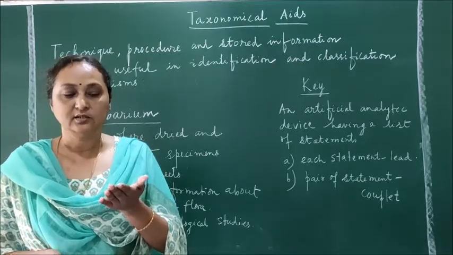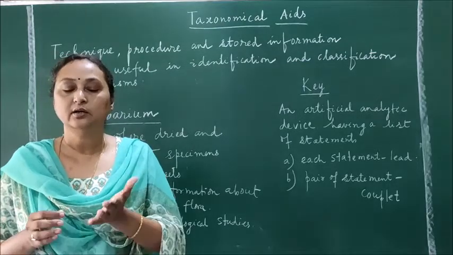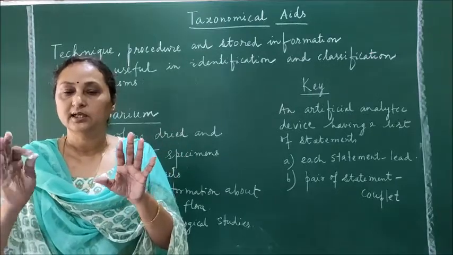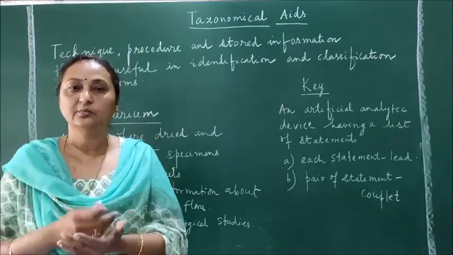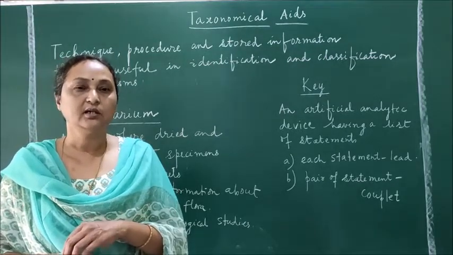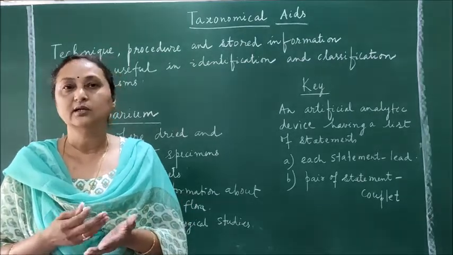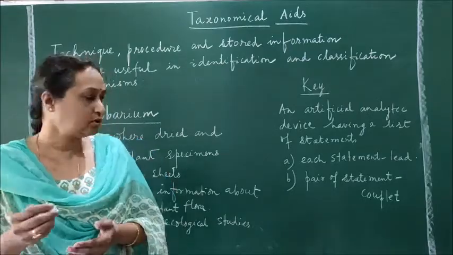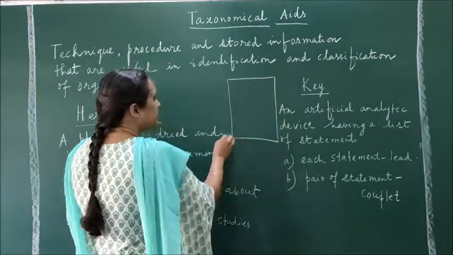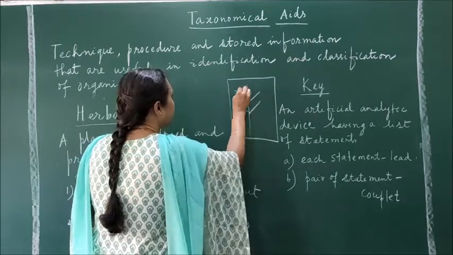Then these plants are spread properly on newspaper. You can take the old newspaper, and on the newspaper you can put the plant and spread all the parts of the plant properly. Then you cover with another newspaper and you press for 1 to 2 days. Then again after 1 to 2 days, you take out the plants and use another newspaper again to press. So like this, after a few days, you can transfer the plant to the herbarium sheet. The herbarium sheets have a particular size, white sheets are available, and on the sheets, the plants can be spread properly.